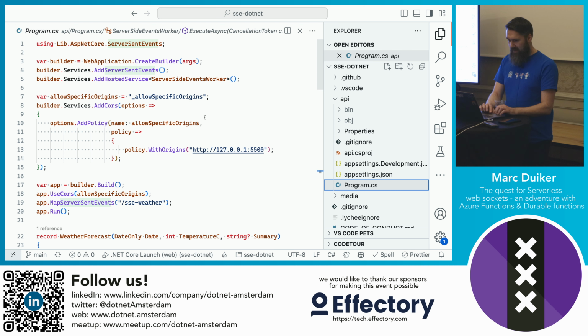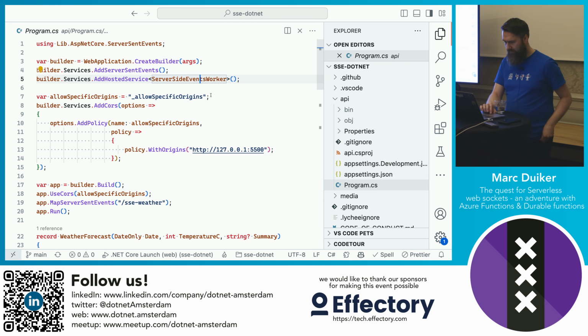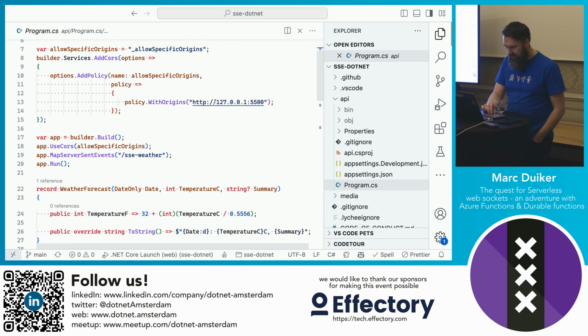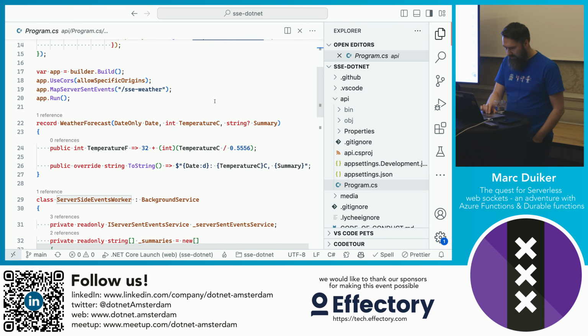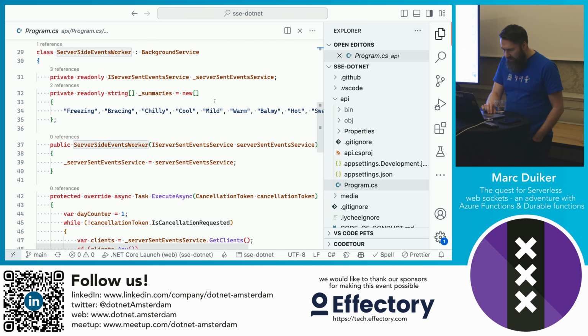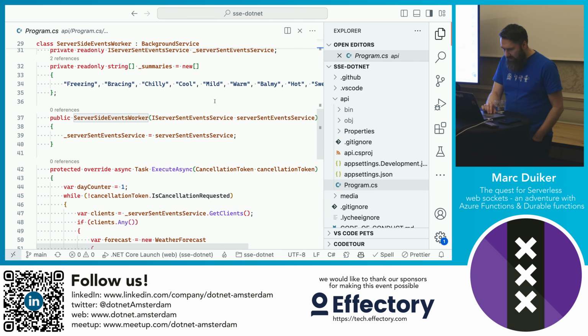So what this package provides is some additional helper methods to set everything up, but most of the magic happens in this server-sent events worker, which is down here. Let me see that. When you execute ExecuteAsync of this events worker, we retrieve the clients to see if there are any connected clients.